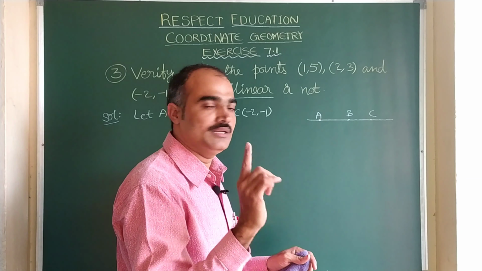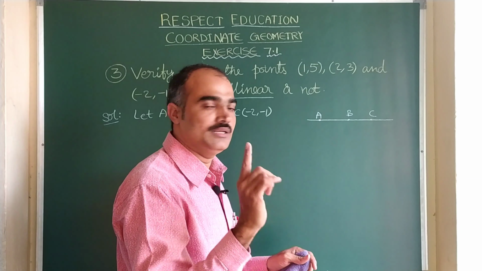Once again, after finding the distances, first I will find AB, we get 1 value. BC also we get 1 value. AC also we get 1 value. Out of these 3 values, if you add the first 2, you should get the third value. If you add 1 and 3, you should get the second value. If you add 2 and 3, you should get the first value. If any one of the 3 cases comes like that, then we can say A, B and C are collinear. If we do not get any of the cases, we can say they are not collinear. Let us try now.